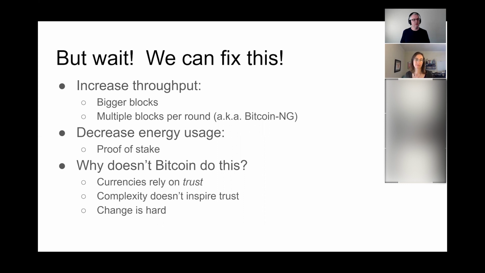And that's actually what a proposal called Bitcoin NG proposes: winning the proof of work race doesn't give you the ability to add one block. It gives you the ability to just keep on adding blocks until someone else wins. And so that solves the throughput problem. It decreases the latency to your block getting on the blockchain, although not necessarily the latency until your block is trusted to be stable on the blockchain. And so we can solve the throughput problem pretty easily, assuming we could get those changes through on the Bitcoin system. We can also decrease the energy usage easily by switching to another proposal, which is proof of stake,